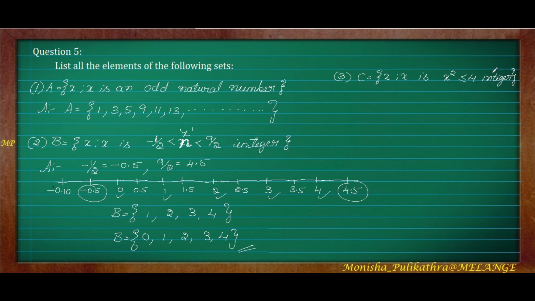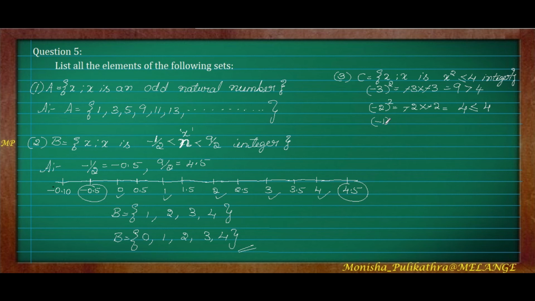First, since it is an integer, negative numbers also we have to take. From minus 3, x can be minus 3. Minus 3 whole square is minus 3 into minus 3, minus minus cancels, 9, which is greater than 4, so we can't take it. Next is minus 2 whole square, which is minus 2 into minus 2, which is 4. So it is equal to 4, less than or equal to 4 itself.